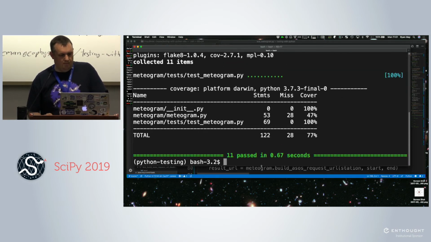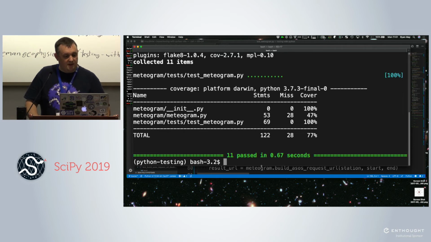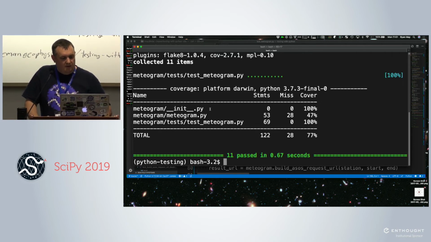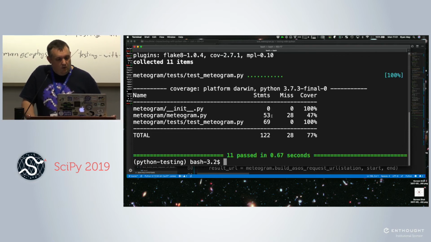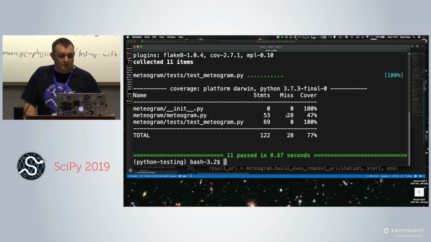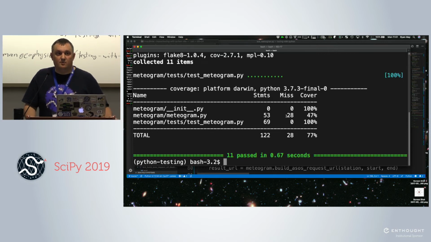And so we can see, when we do this, we have our init file for the package. There's nearly no statements in here, but it's being executed. We have 53 statements in meteogram.py that are in there, and 28 of them are missed. So we're only covering about 47% of meteogram.py.